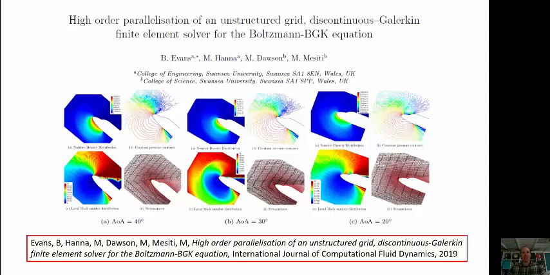parallelization scalability of a discontinuous Galerkin based finite element solver for the Boltzmann-BGK equation, which had been developed in previous work. This was published in a special issue of the International Journal of Computational Fluid Dynamics, and that issue was all about discontinuous Galerkin methods. So